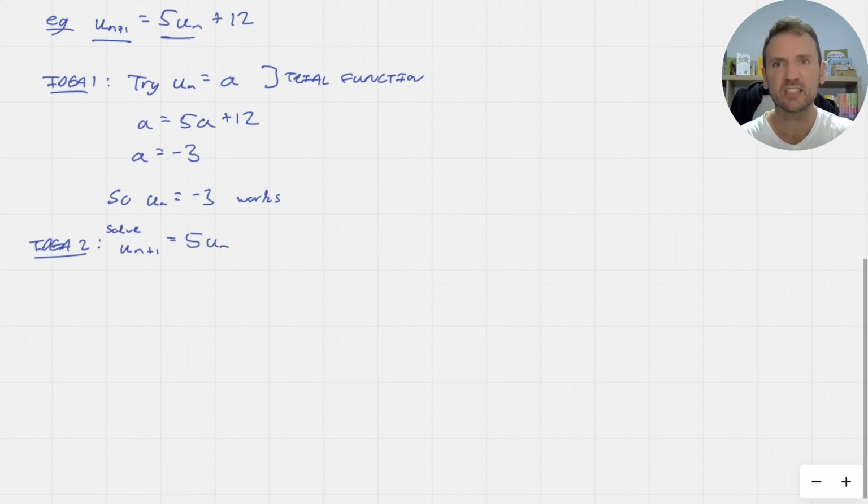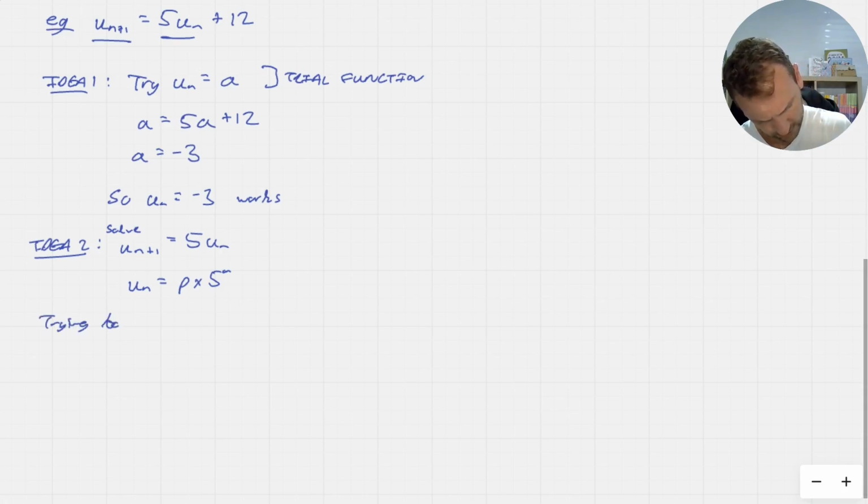It's a geometric sequence with a common ratio of 5. So the general solution for that would have just been un is some constant times 5 to the n. As we've said, we could put 5 to the n minus 1, but it's just making our lives a bit harder, so we don't have to. It would just be a different value of p on the same initial condition. So we've got this, but remember, we're trying to solve